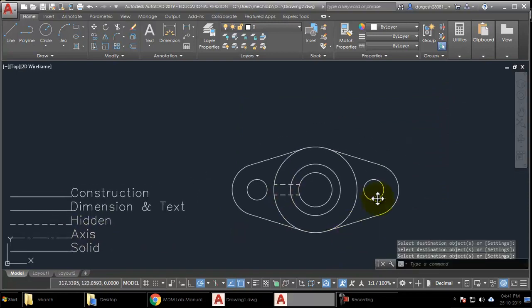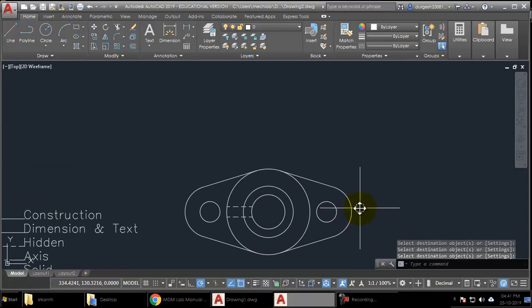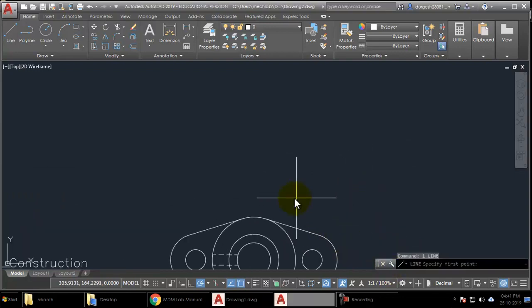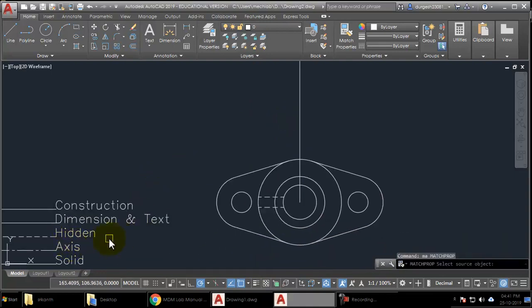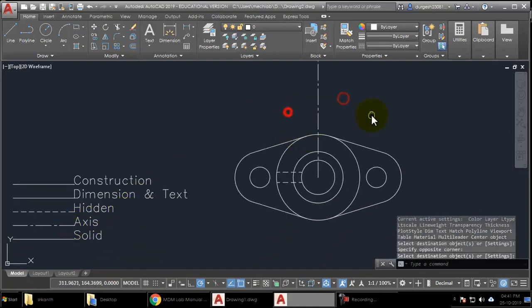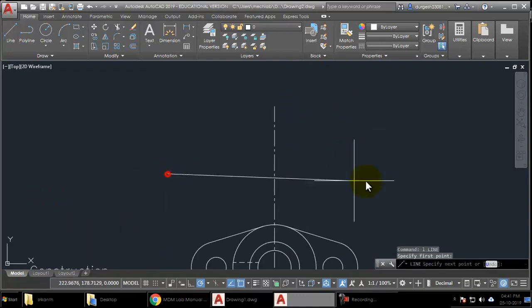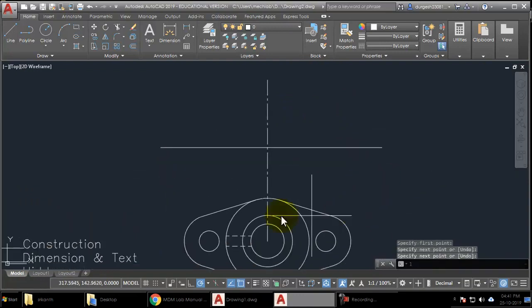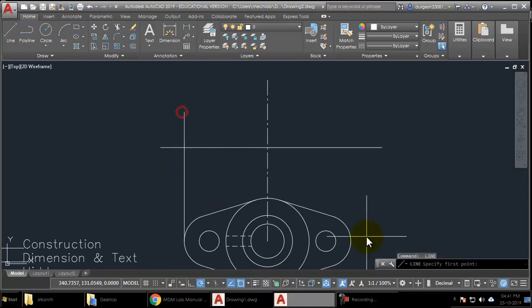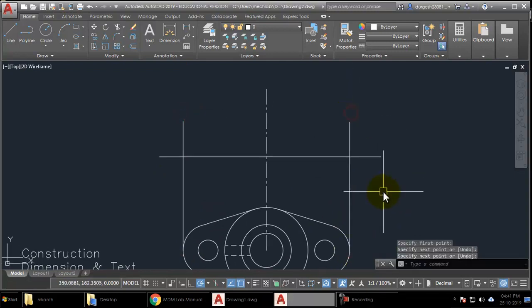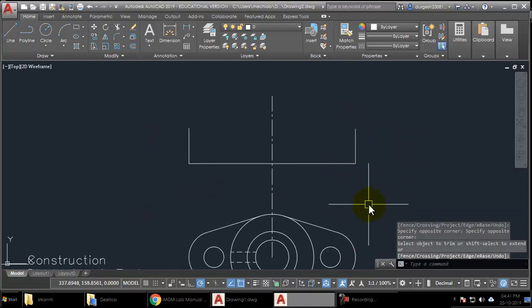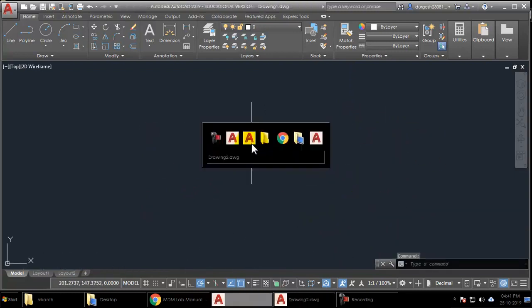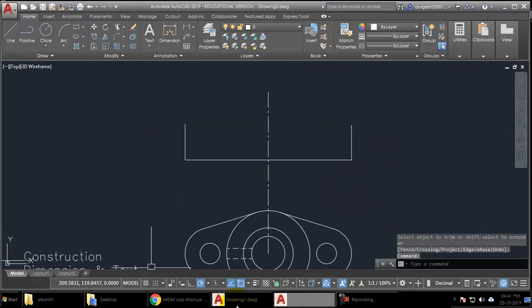So now that the top view is complete, we'll have to go to the next view, that is the front view. So for that, I'll just take a center line. This center line, I'll make it as the axis, so match properties of this with the axis. And then I'll have to take a small horizontal line. This is where it ends, so I'll just take 2 lines here, and then I'll trim off whatever lines are not needed.